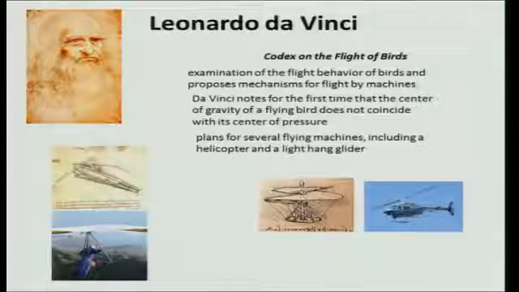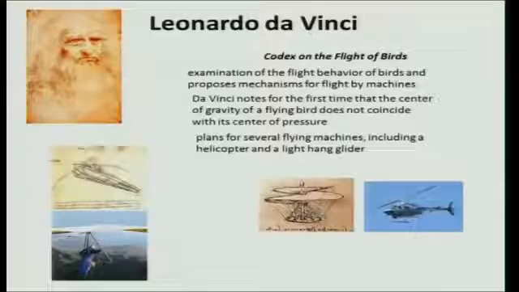Okay. What does it mean? If your center of pressure and center of gravity are not at the same location, you will have a moment, right. So, essentially he was the first one to propose that there will be a moment. Now, if you can design the moment properly, you can have a pitch up moment, then you do not go down, you have a nose up motion, right. So, inherently it will be more stable. Therefore, he was the first one to identify that center of pressure is a very important location as far as aerodynamics is concerned. Then he sketched plans for several flying machines, including a helicopter, which you can see here. This is a helicopter model, and this is a modern helicopter.